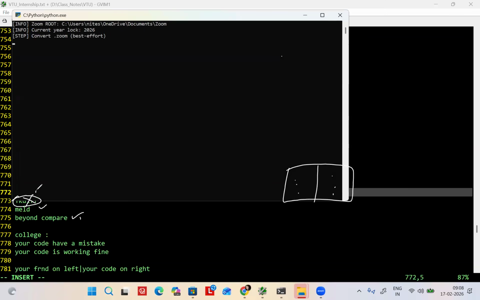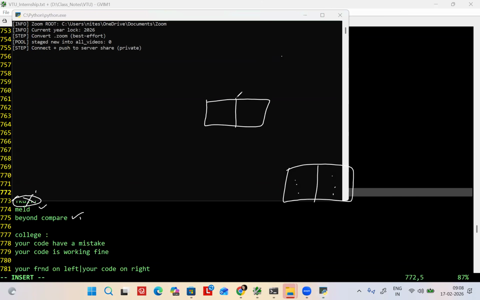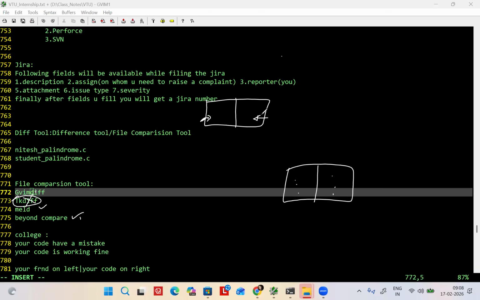Here you need to remember extra commands. In Beyond Compare, there will be an arrow: if you want this change, press this button, and it will come here. GVM diff won't work like that. There is a command to press for left to right, and for right to left you need to press one more command. I don't remember the command because I never use it.